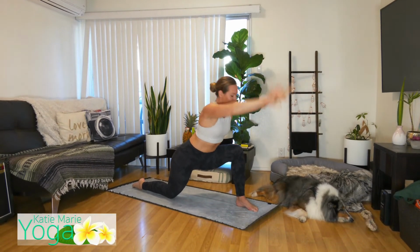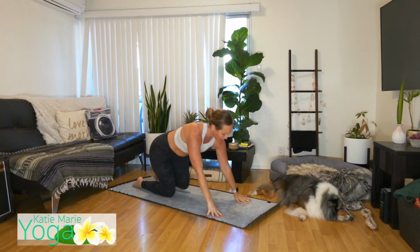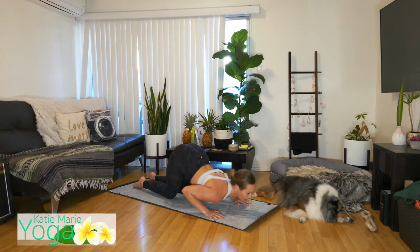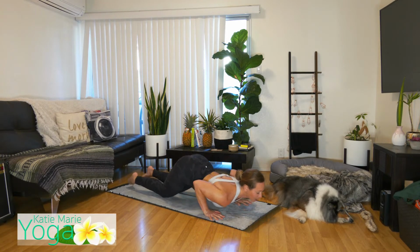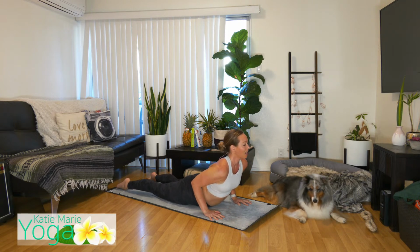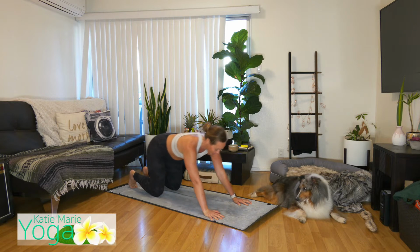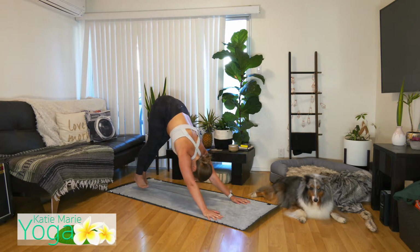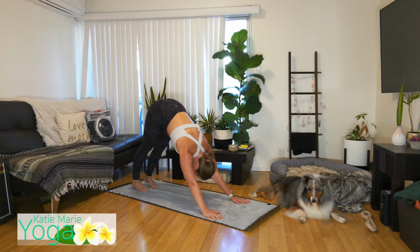Exhale, hands to the earth. Left knee back to the right, tabletop, inhale. Exhale, knees, chest, and chin. Inhale, scoop through, shoulders back, slight bend to those elbows. Exhale, tuck your toes, hips to your heels, and hips to the sky, downward facing dog. Full breath in,